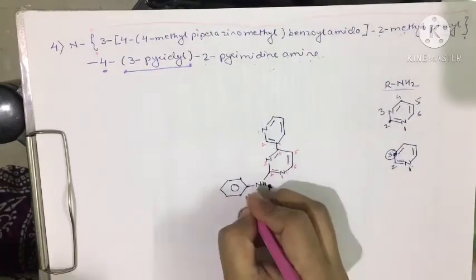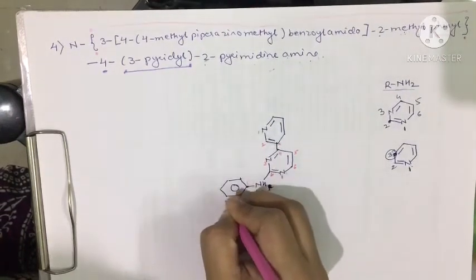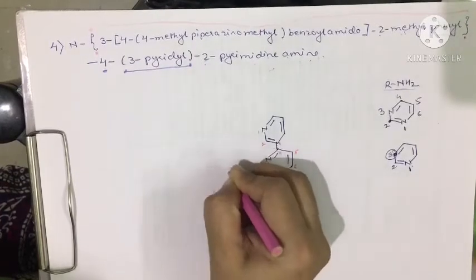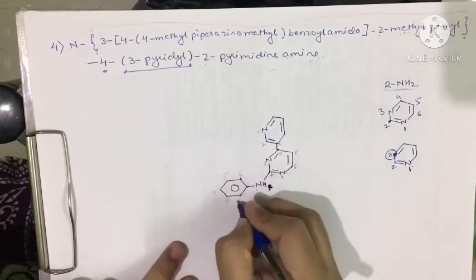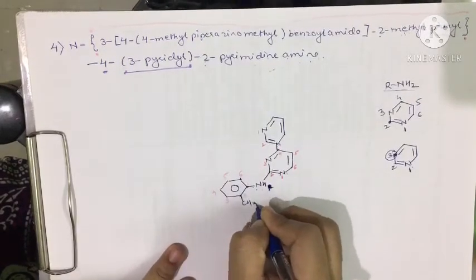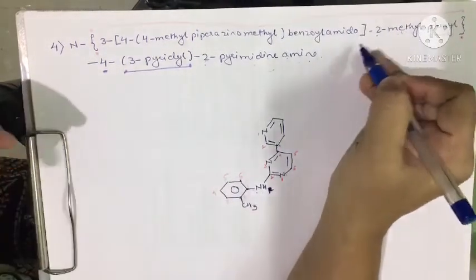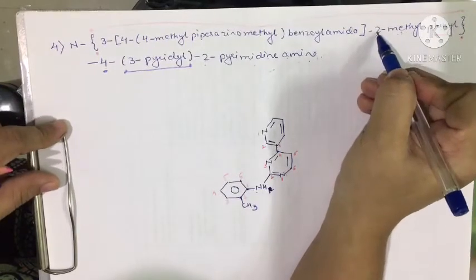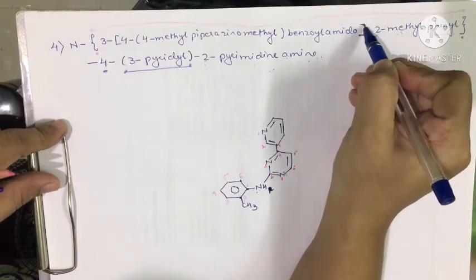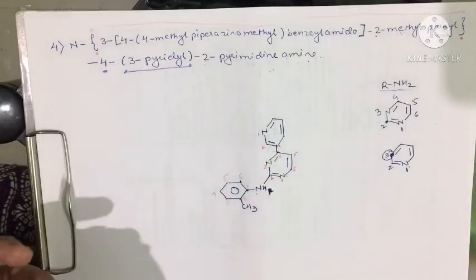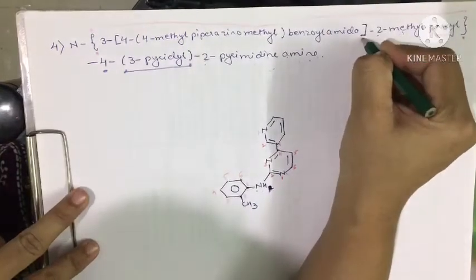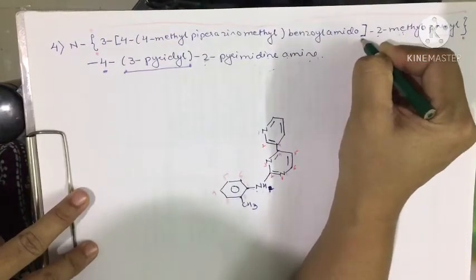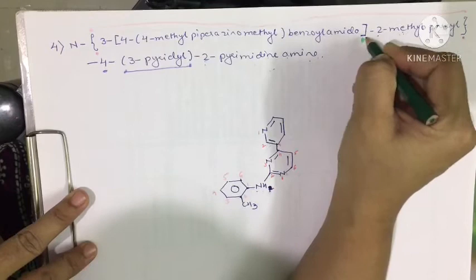So it is first, 2, 3, 4, 5 and 6. So this is our second position. We will attach here one methyl group, CH3. Now next, 2 methyl, in front of 2 there is a bracket ending. So again mark out. So this bracket is ending, a square bracket is ending somewhere here. So let us find out its starting point.